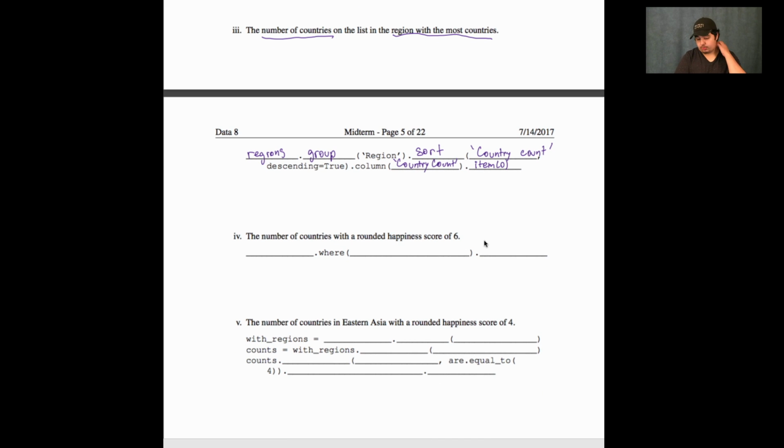So now for part 4 of this question, we want the number of countries with a rounded happiness score of 6. Since we're working with the rounded happiness score, that means we're working with the happiness table. And we already were given where. We want to find where rounded happiness score is equal to 6. So we do dot where, rounded happiness score,